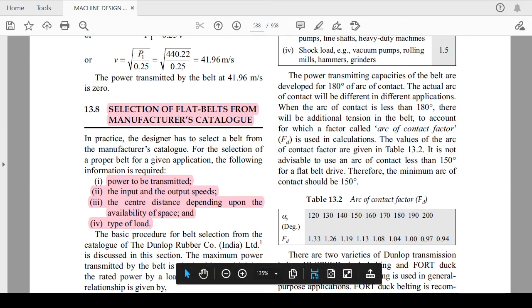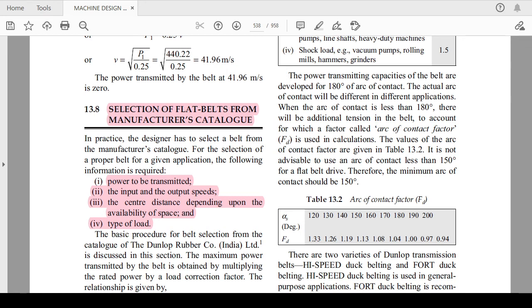Okay, thank you so much. If any V belt drive questions are there in your university exam, you can also prepare from the upcoming pages of this book. You will go through it for the selection of V belt. We will cover it in upcoming sessions as well. So meanwhile, just cover all the university exam numericals or theoretical parts of belt and pulley drives of Unit 4 in Design of Machine Element 2 of 6th semester, 3rd year BTech Mechanical Engineering RTU curriculum or syllabus.